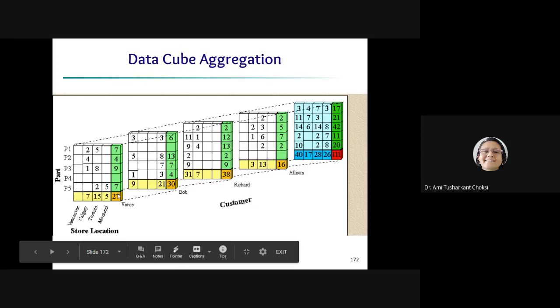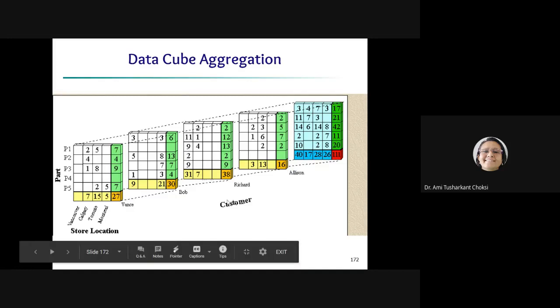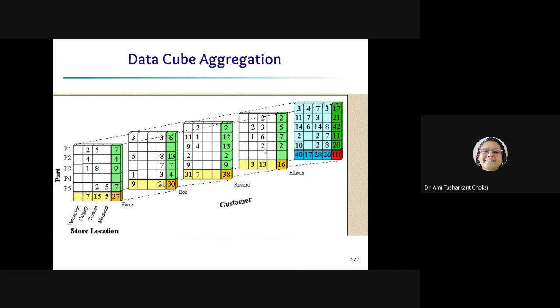The same way the data is there for Bob, the same way it is for Richard, and the same way it is for Ellison, right? So this is 1, 2, 3, 4. These 4 cubes represent the data for a particular customer who has purchased particular parts of computers from a particular city, right? So 1, 2, 3, 4. Right. Now, if we do the aggregation of all these data cubes,